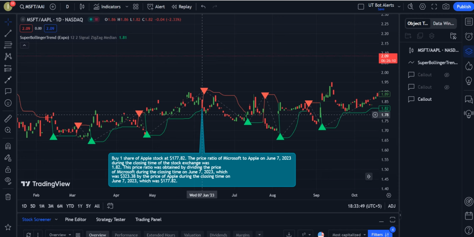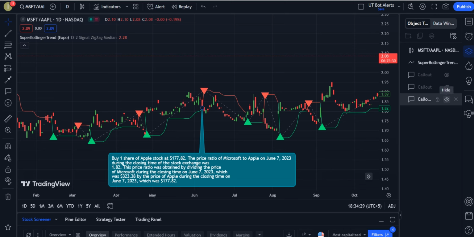Well, this price ratio was obtained by dividing the price of Microsoft during the closing time on June 7, 2023, which was $323.38, by the price of Apple during the closing time on June 7, 2023, which was $177.82. So $323.38 divided by $177.82 equals 1.82. So that was the price ratio of Microsoft to Apple stock on June 7, 2023 during the closing time. And if we proceed further,